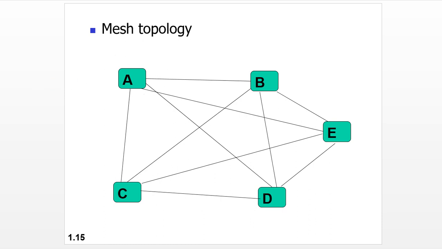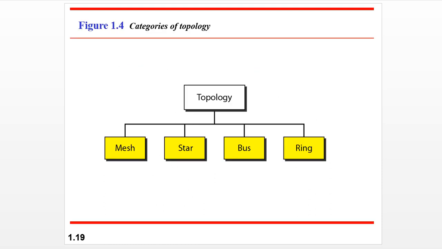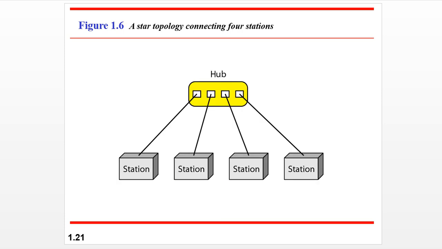So for today's topic we have to discuss the star topology, the second topology, and we have to discuss the advantages of star topology and also its disadvantages over mesh topology. That is our concept for today's class. Fine. Now as you can see, the figure shows how the star topology appears.